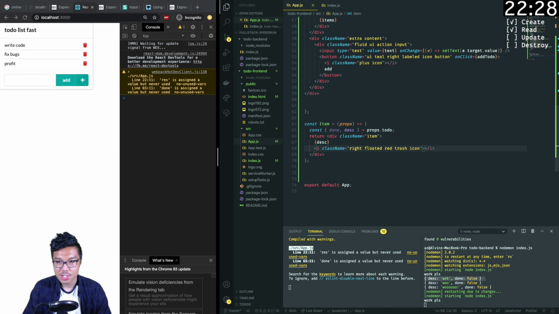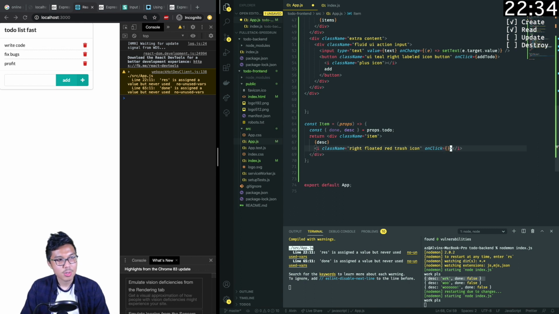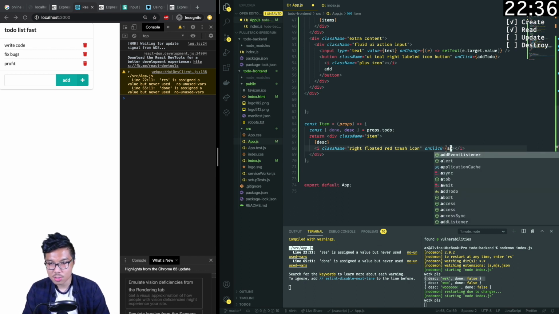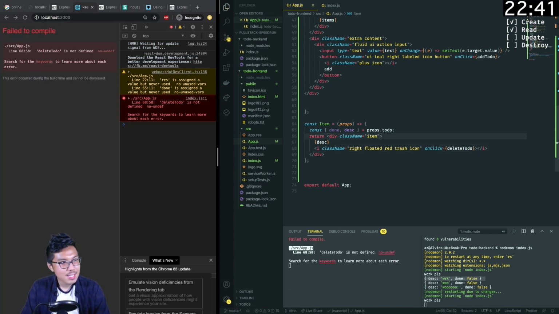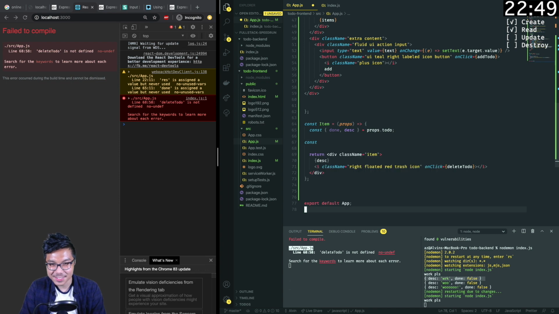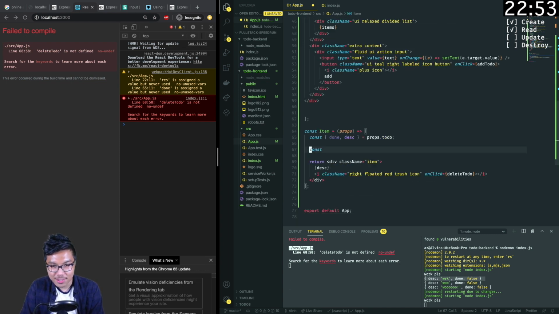Yeah, and I'll just make this a button. I won't even make an actual button. I'll just put an on-click on it. So I think that's possible. So when you click on the trash can, you want to do a callback called delete to do. Nice. It's not defined. Of course, I didn't define that. What am I even thinking about right now? So we'll do const. No, we're going off the rails. Const delete to do,